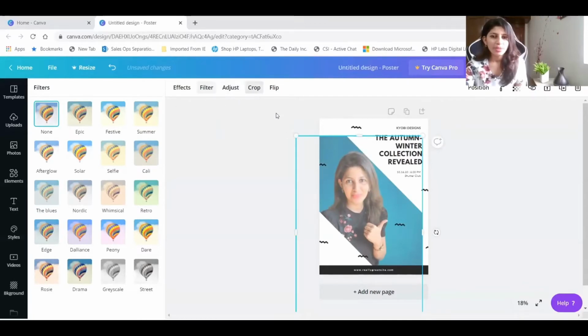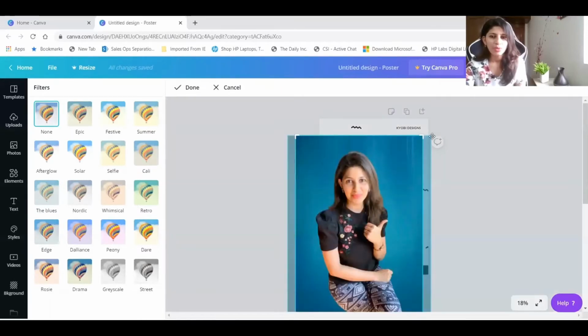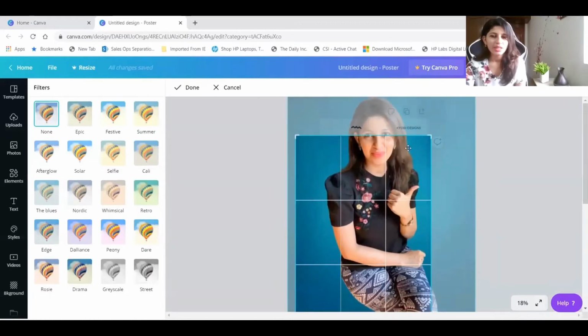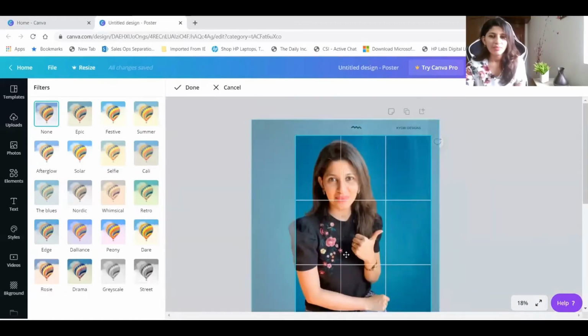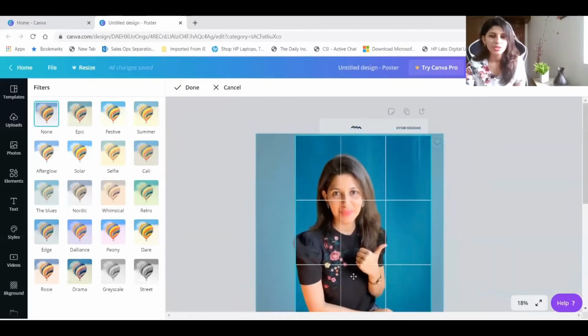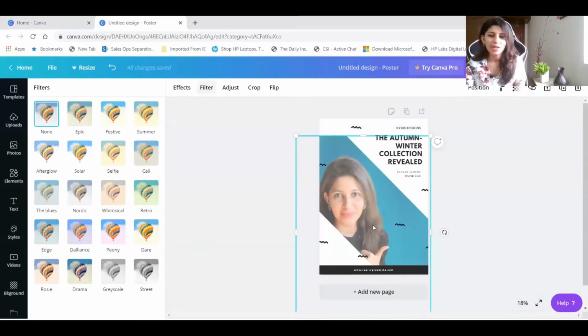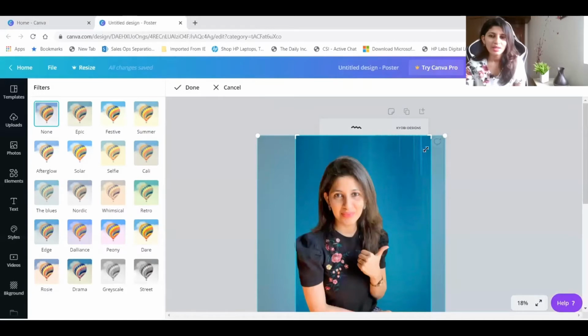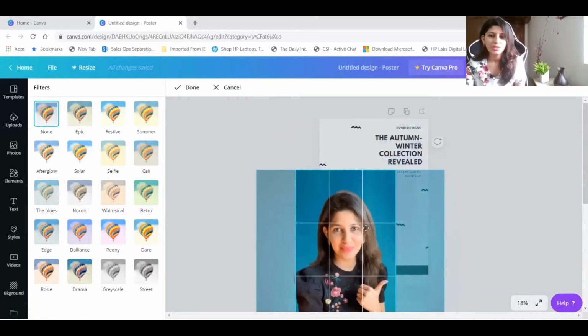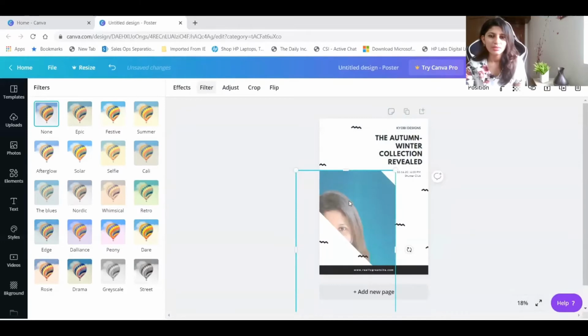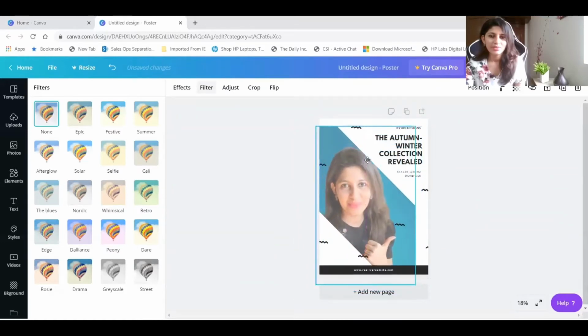The other best option is, if you go to crop, you can completely enlarge the picture, and you can drag to make sure that it's positioned according to the position that you would want the picture to be seen in, right? Once it's done, you can click on done. If now I feel that it's quite big, I would want to reduce the size. So what I can do is go to crop again, and just reduce the size of the picture, and click done. Yeah, you can do that.